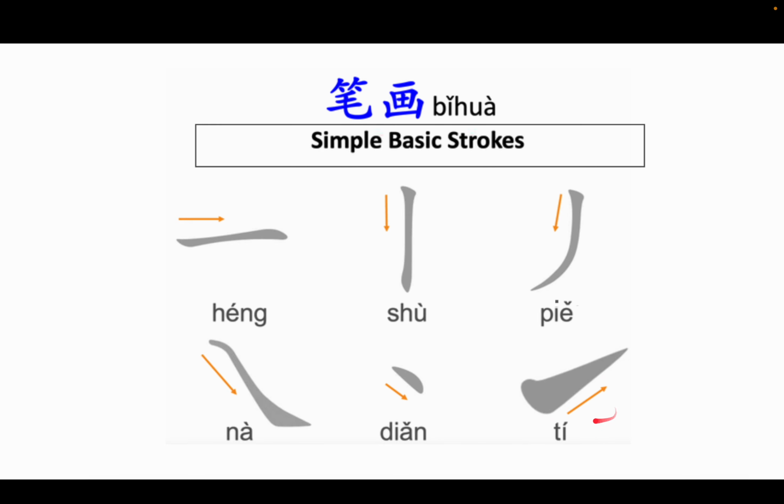The last one is 提. Notice that 提 is from bottom up, so it's from bottom left to upper right. This is how we write it. 提. As I mentioned before in class,